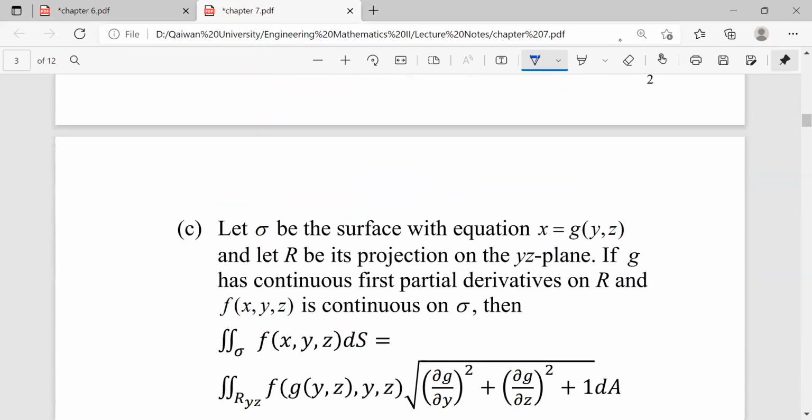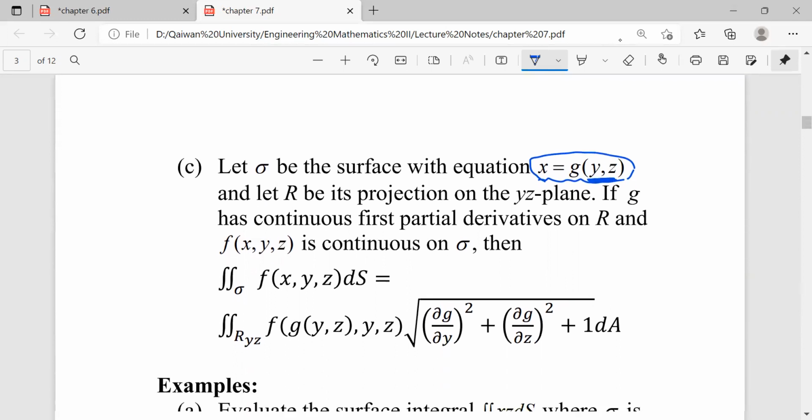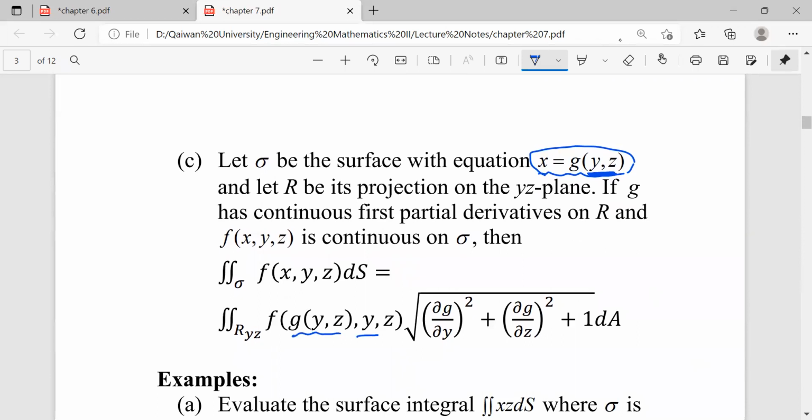But if we are given x equals g of yz, here we must have only y and z in the function. That means we replace x by g of yz, and here we have y and z. Multiplying by the square root of partial g partial y squared plus partial g partial z squared plus 1, dA. We use these three rules for finding the surface integral